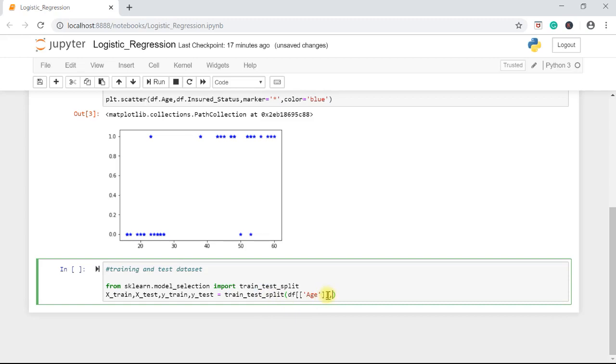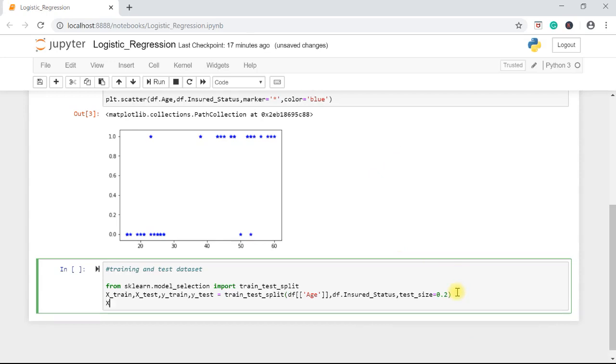Now next is df.ensure status, which is the dependent variable we want to predict, and the test size we want to give is 0.2. So 80% of observations we want to use for training, and for testing we want to use only 20% of observations. If you want to check, we can check our x test